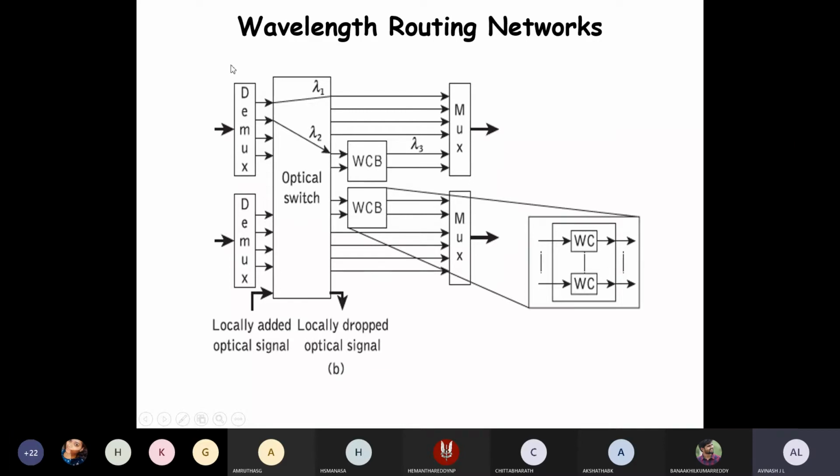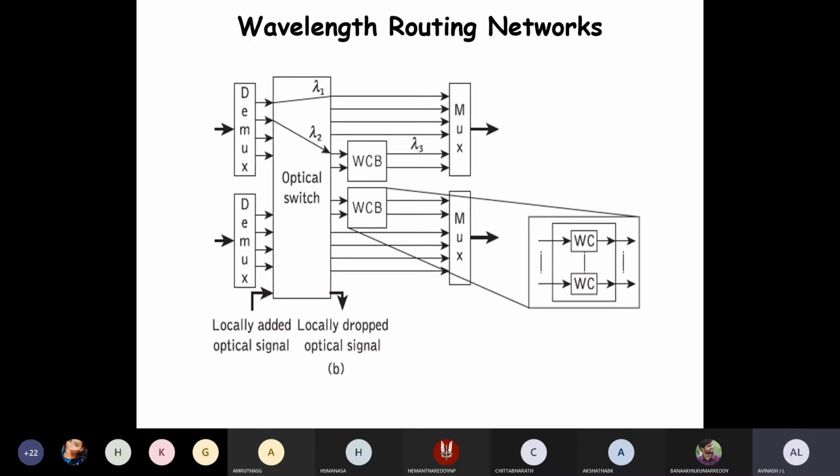But inside this, when you want to do any modifications, there is a provision. Locally added optical signal, that means addition, add or drop, is also available. Switching the signals among the different places is also available. Conversion with respect to their wavelength is also available. So once the devices are getting sophisticated, it is an obvious thing that with sophistication in the architectures, the devices will get upgraded, and once they get upgraded, we will have more features in them.